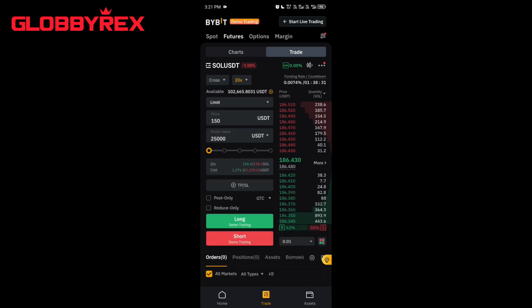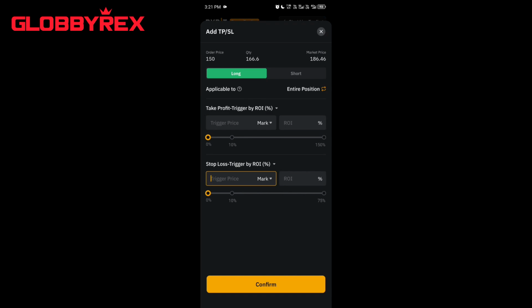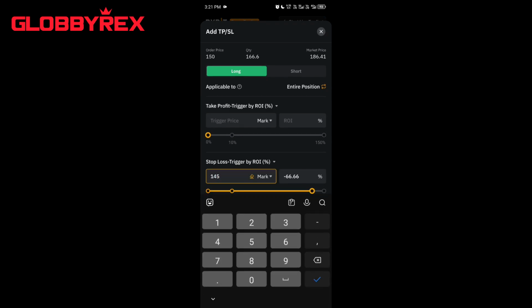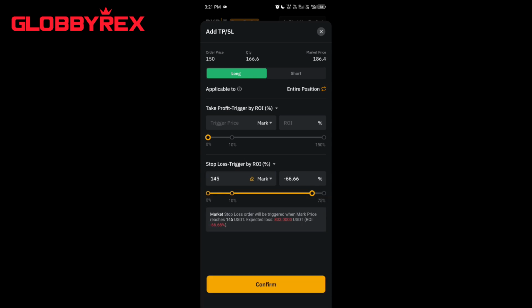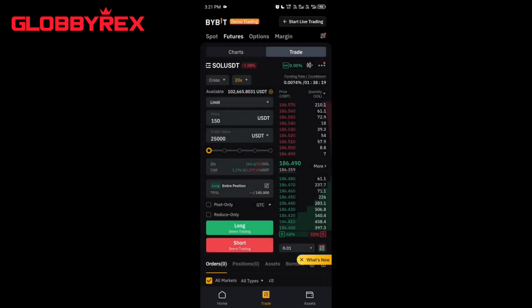Put that 25k and then put this at 145. You see it's changing, right? Now my expected loss is 833. Still not what I want. I want 1k per race. So that means I need to keep adjusting my position size, which is how much I'm going to enter this